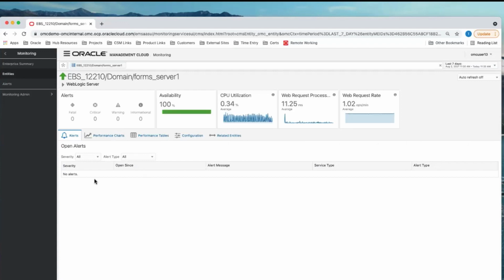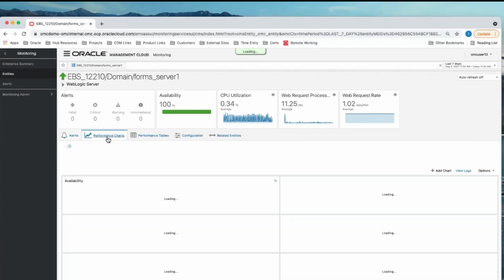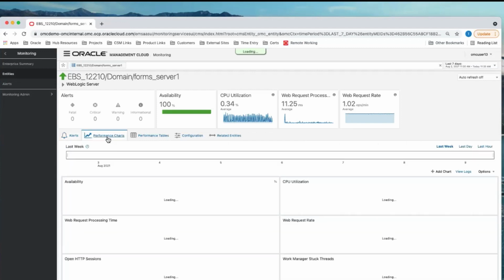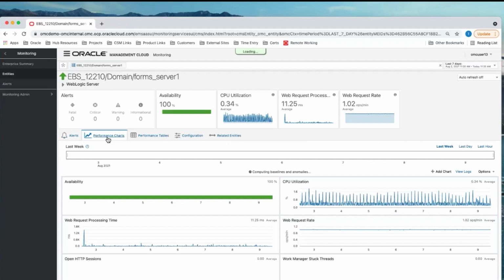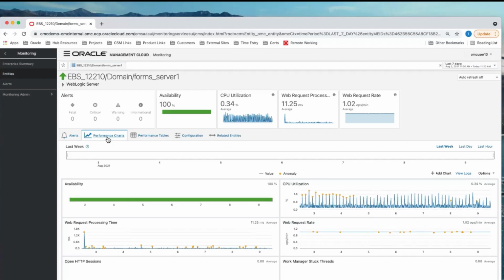You could see any open alerts. In this case, our server doesn't have any open alerts. Next, we're able to see performance charts. So it's kind of similar to APM, but a bit more focused on infrastructure metrics. And you also, again, are kind of